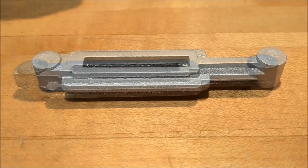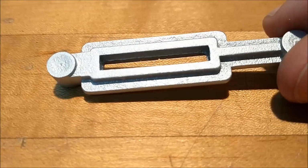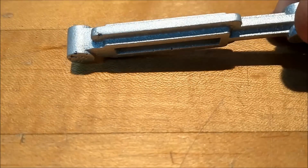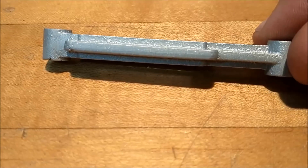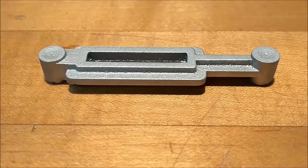Let's do it. Majority of the casting lines have been removed except for down on the inside where it gets channeled out anyway. There are some inclusions on this one, but we'll see how it cleans up when we're done. Time to do a mechanical inspection and figure out what's flat, what's off center, what's on center, and what's tapered. I'll bet you I find a little bit of everything. But it's a rough casting, so